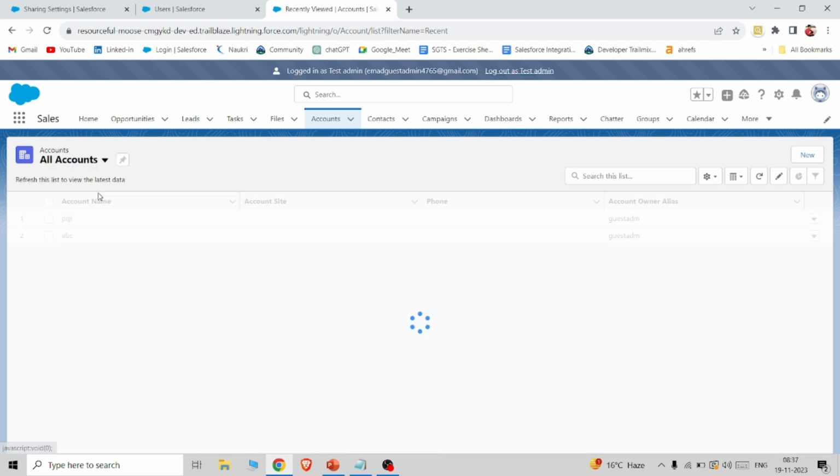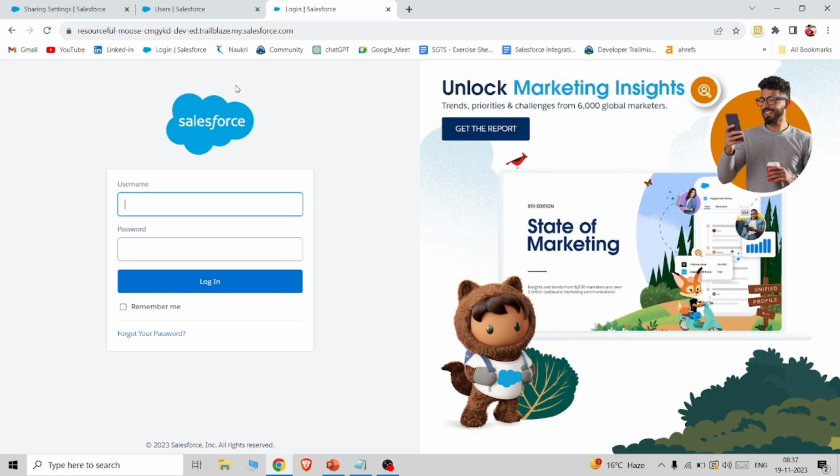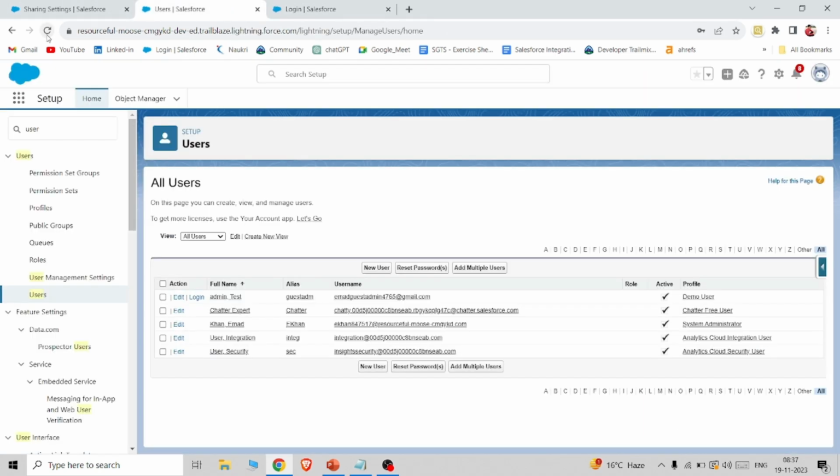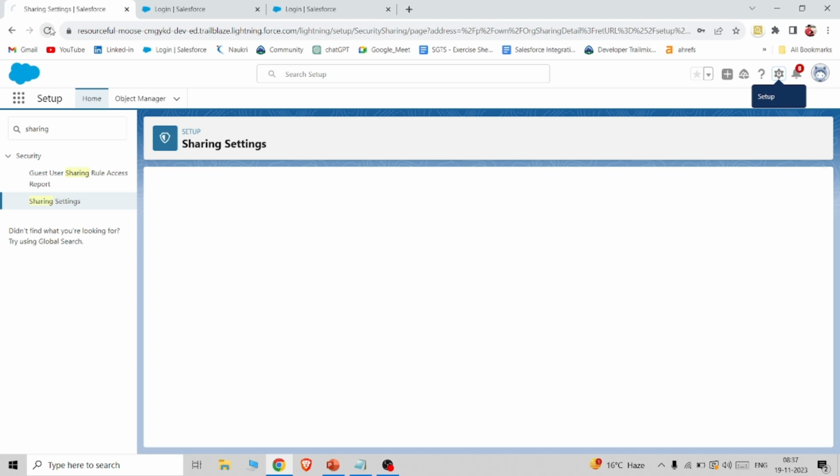Give all the password. See, using sharing rule we share the record of admin record with the test user. Okay. About this, now your admin will not be logged out, but